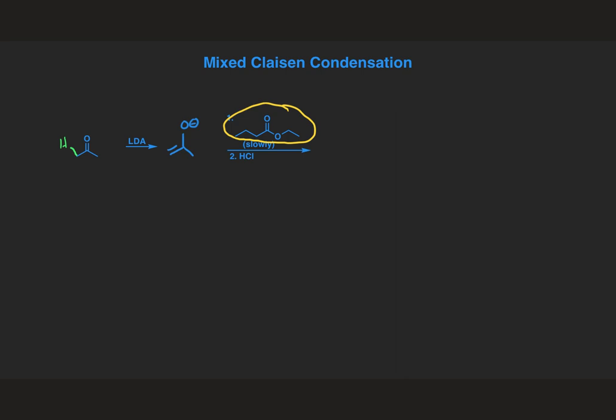And so I am going to draw the ester without the leaving group. So I've left off the OEt. And then right beside it, I'm going to draw the nucleophilic portion, which was acetone, which we formed the enolate out of. And then the alpha carbon, or the nucleophilic carbon, is directly attached to the carbonyl carbon of the ester. And so that makes the final product a 1,3-diketone,